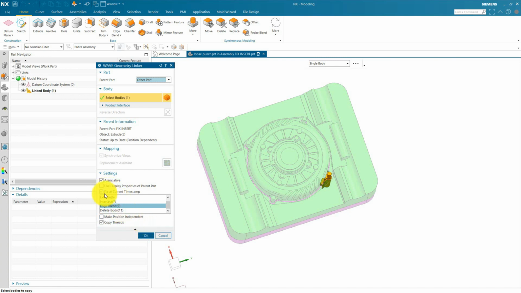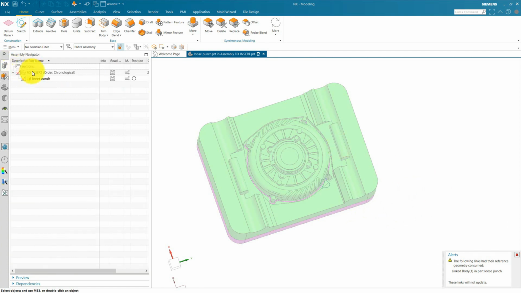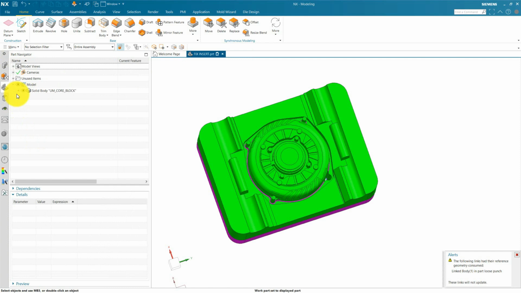If you don't want to use this, then it will create an error. For example, I uncheck this and press OK. It will create an error because after that delete, that loose punch body is no more in our fixed insert to link this here.